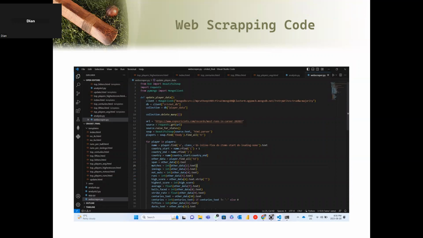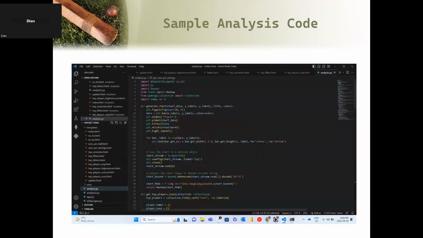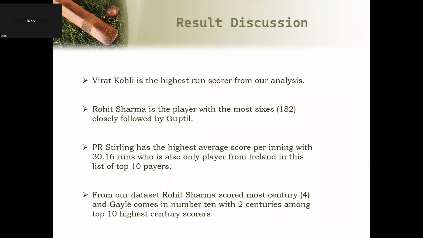And this is our source code for our project. And this is our sample analysis code. So talking about the results discussion,